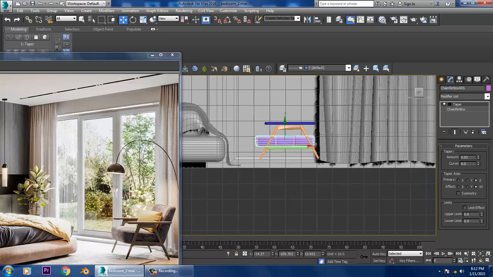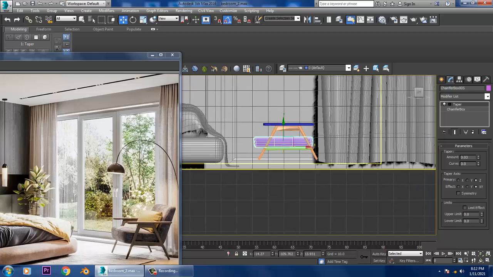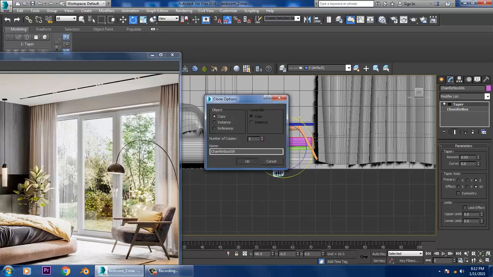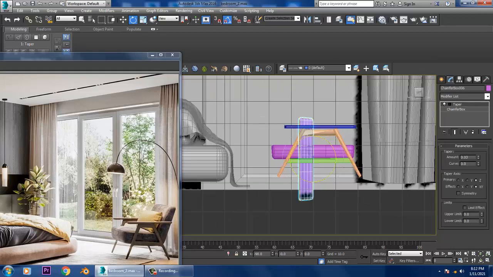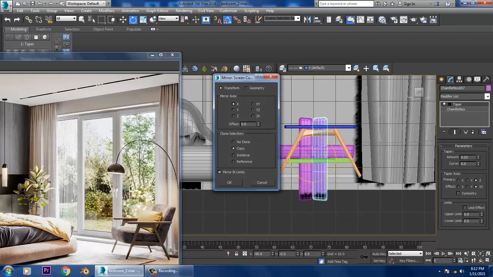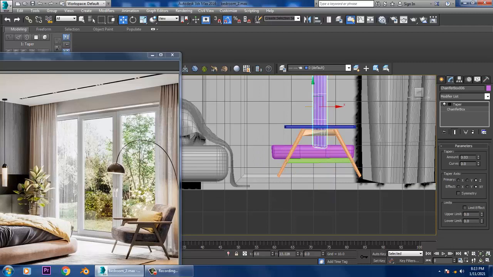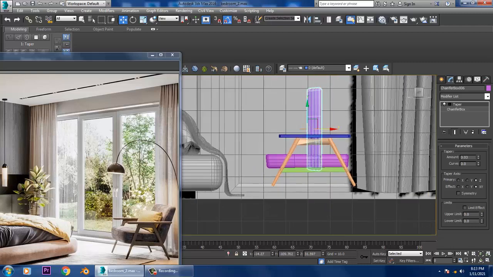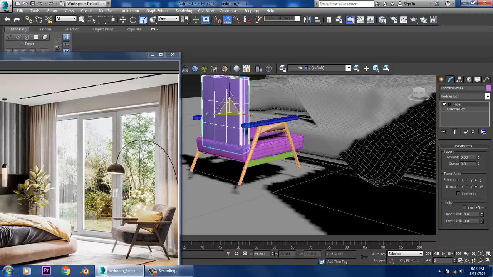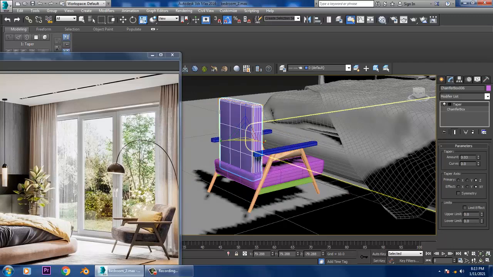And again go into this, press E and shift and duplicate it. We can just mirror it, click OK. So slightly drag it, so I can slightly scale that, slightly I can scale that.